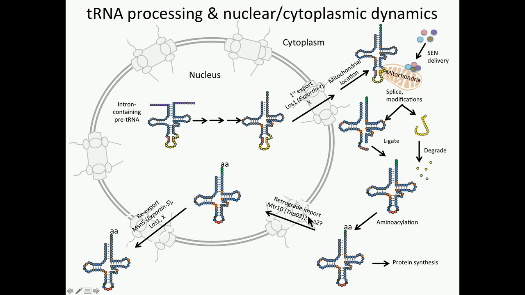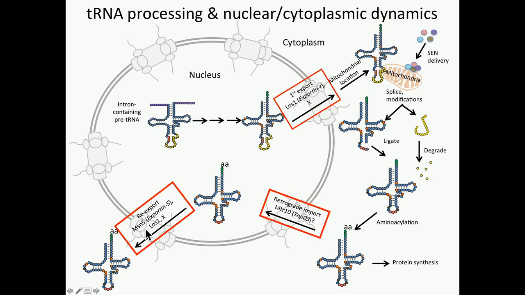And they can also constitutively return to the nucleus by a process called retrograde nuclear import. And provided that the cells are well fed and unstressed, these imported tRNAs can re-export to the cytoplasm and again participate in protein synthesis. And our genetic studies have